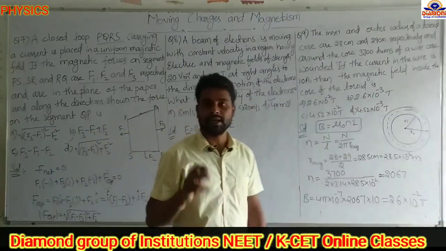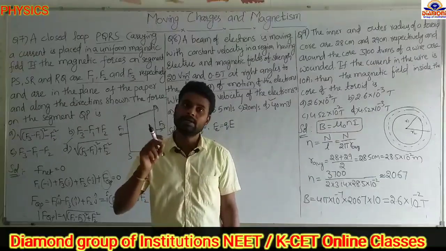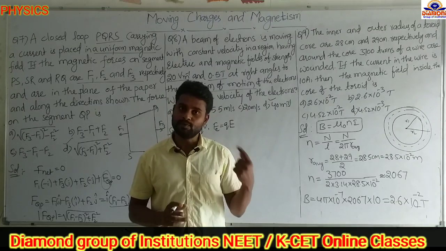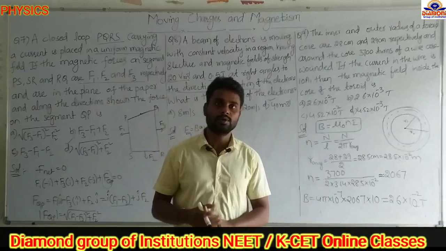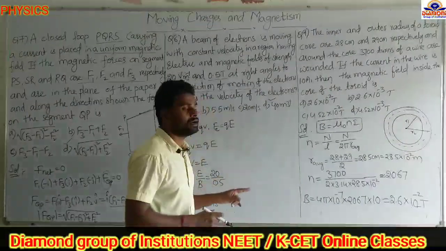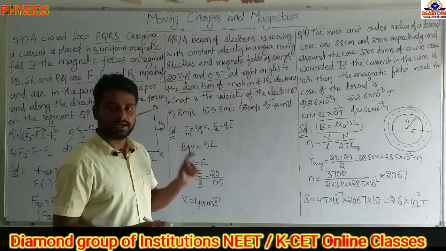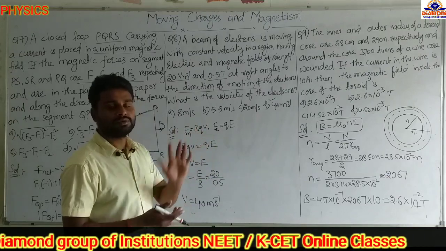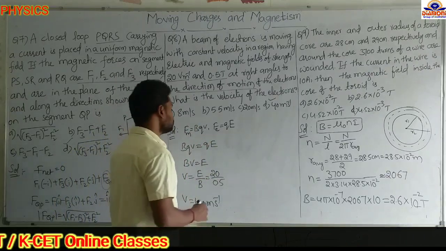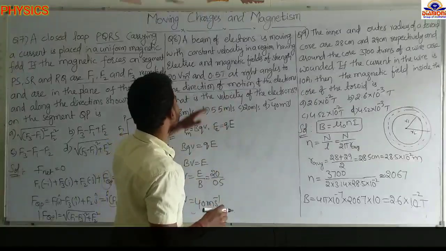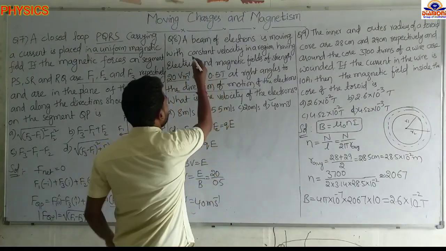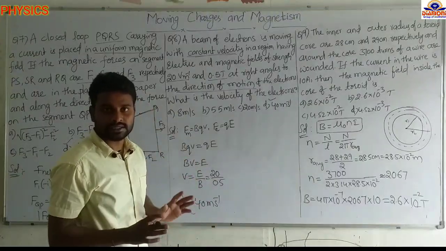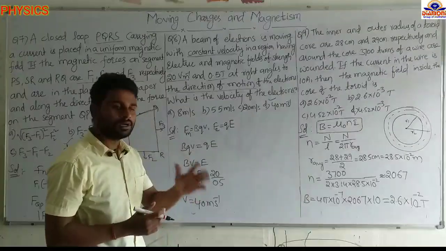Remember here, if the electric field and magnetic field are perpendicular to the motion of the electron, then the force exerted by the magnetic field equals the force exerted by the electric field. Okay, now remember that one. If magnetic and electric fields are perpendicular to the motion of the electron, then the forces cancel out. That means the force exerted by the electric field equals the force exerted by the magnetic field. Here it is moving with constant velocity, which means the forces exerted by both cancel each other. So the electron is going in a straight line with constant velocity.